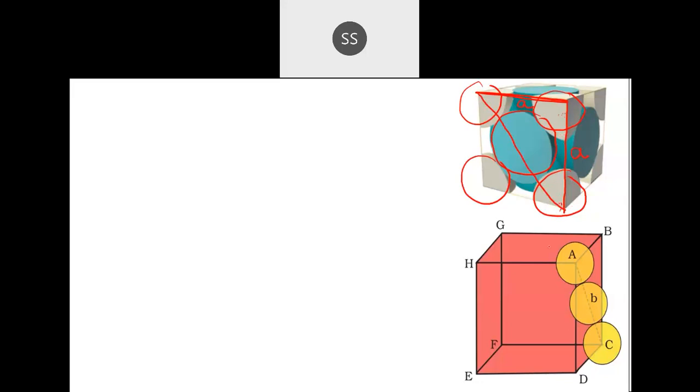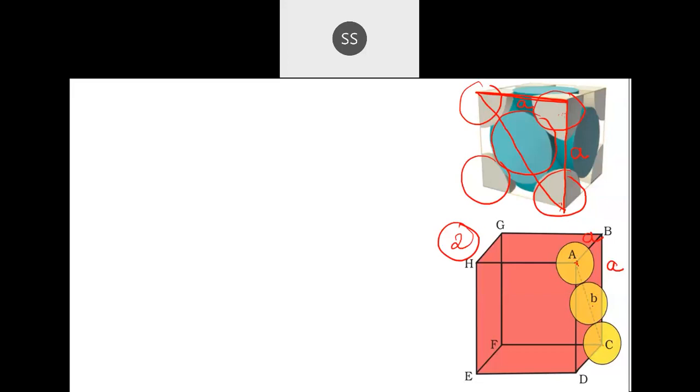So that is portrayed in the next picture. In the second picture, we have portrayed only the face centered atom, so that is enough for us. Here we have portrayed those face atoms. I have one atom here, then the second one, and then we have the third one. So this side is A and this side is also A. Now you have to get the relationship between A and R.